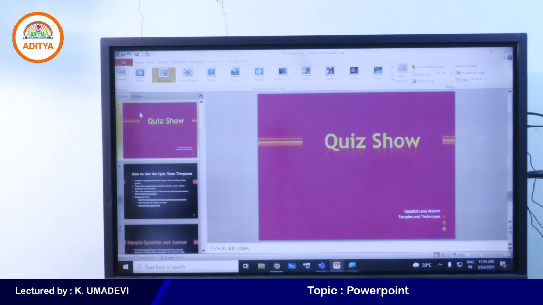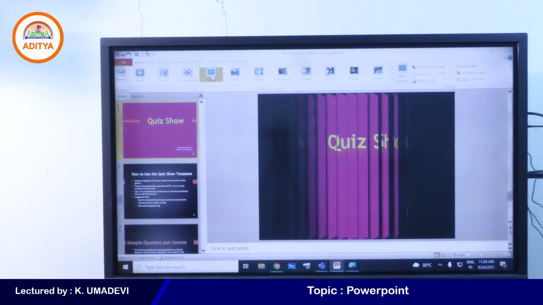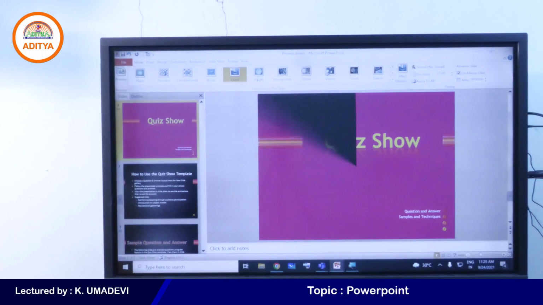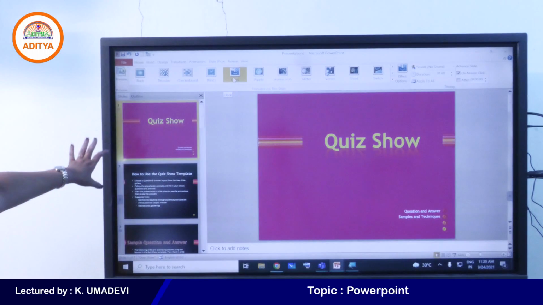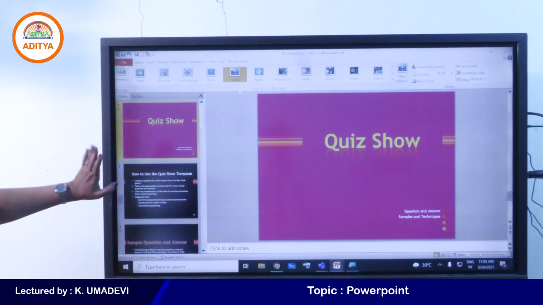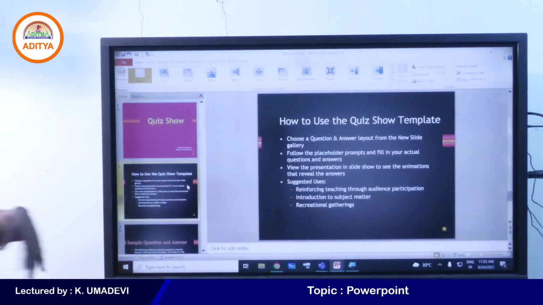So go to the animations tab, Lalita. Go to the animations tab. Which tabs are available? So dissolve, checkerboard, blinds, clock. Now I will set the clock transition effect to the first slide, right? So go to the second slide. Like this we can apply different types of transition effects to each and every slide. Here I will apply reveal.